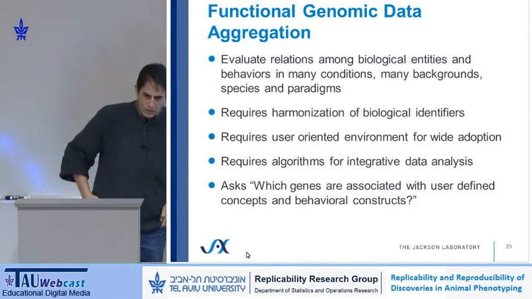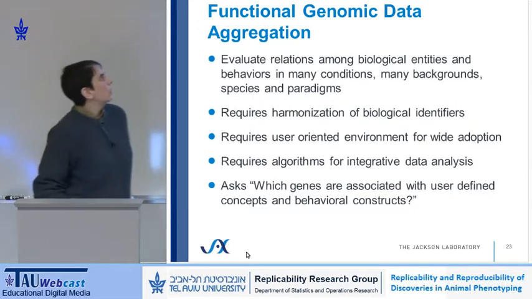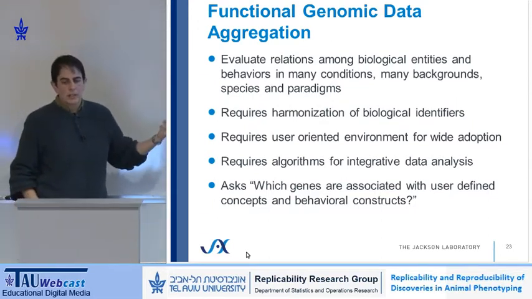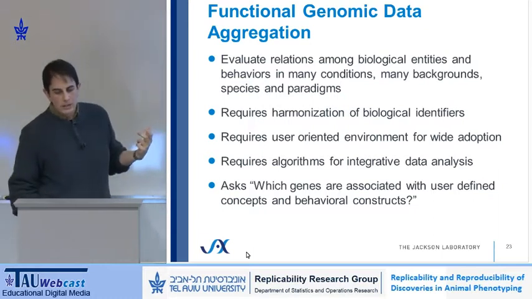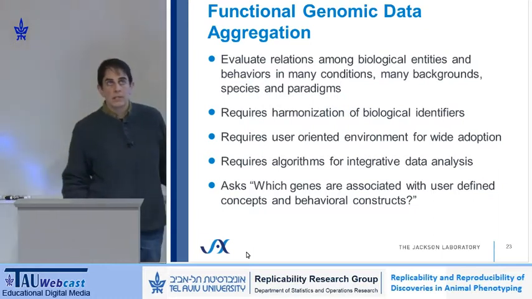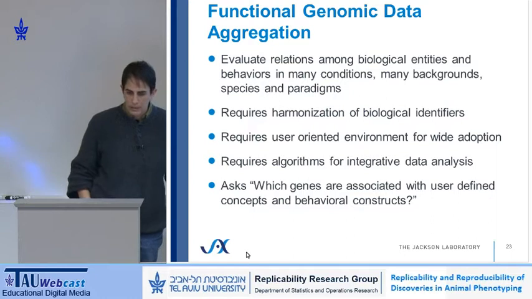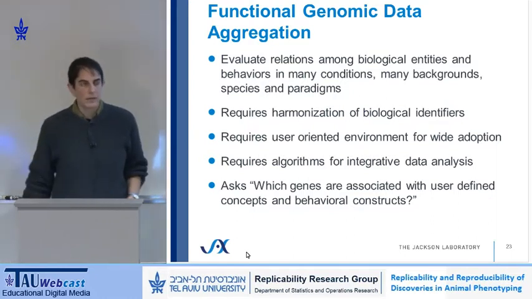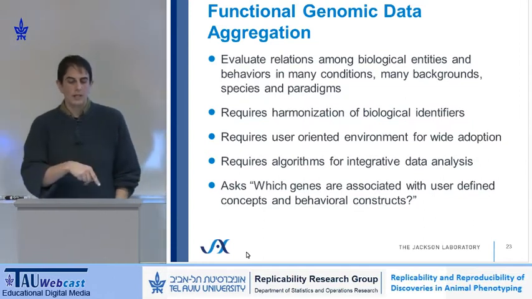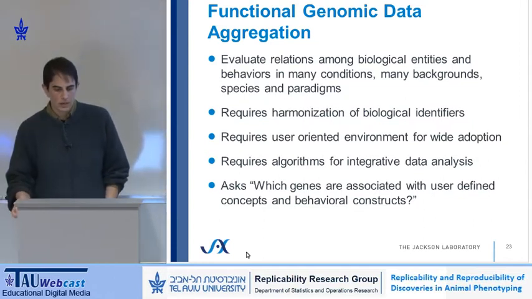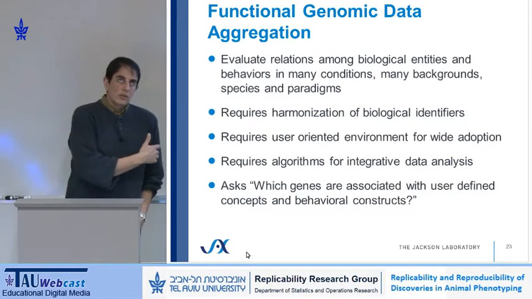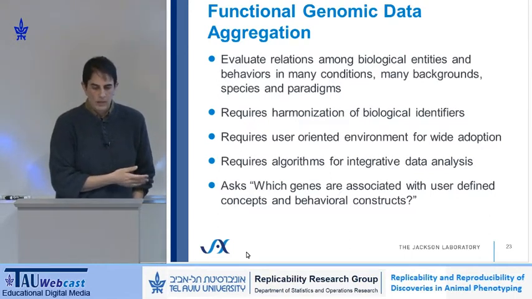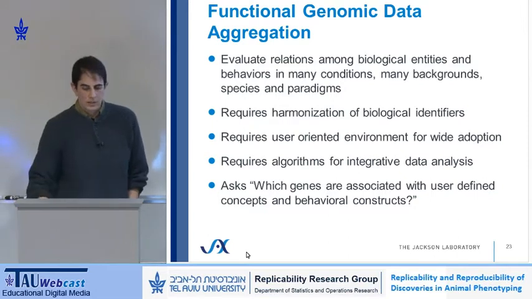So the idea is, in this functional genomic data aggregation, we can evaluate the relationships among many biological entities, many behaviors and many conditions, many backgrounds, many species, many environments, many experimental paradigms. All we have to do is harmonize the biological identifiers associated with each of those molecular traits. In order to really deploy this, we wanted a nice user-oriented environment so that any biologist can access and interpret